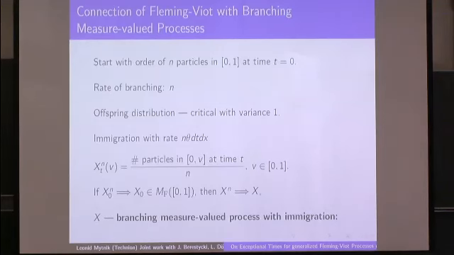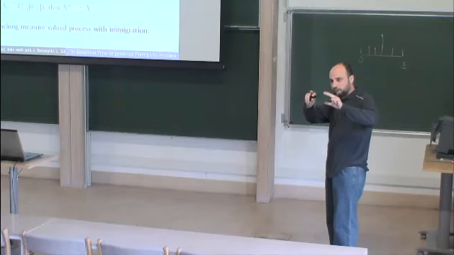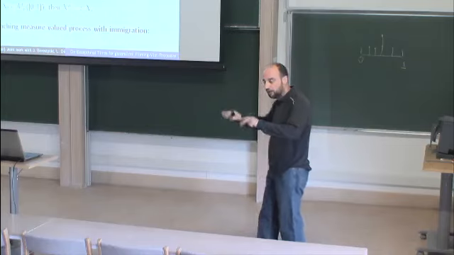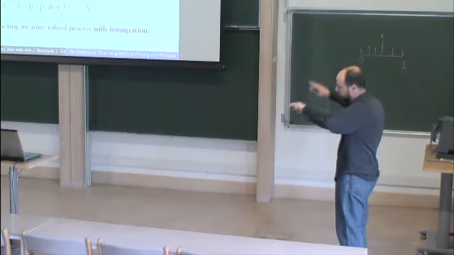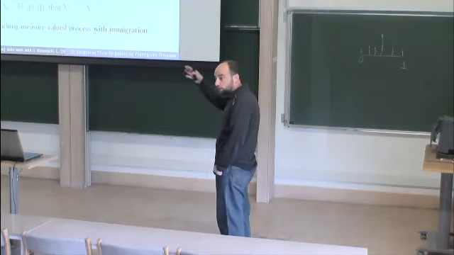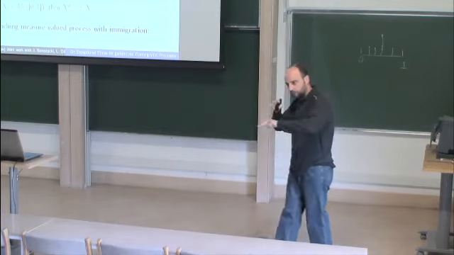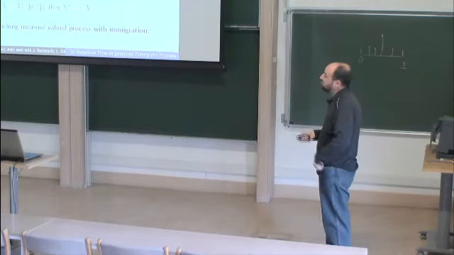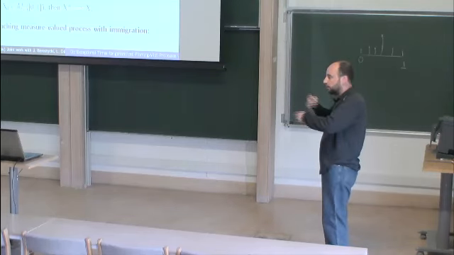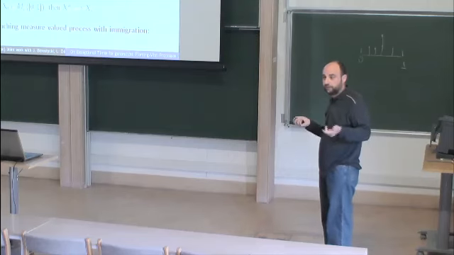What does it mean? Measure-valued process. First of all, we talk about two Fleming-Viot: one which is the continuous one, which is the first one, and a generalized one. And the same for branching process. These two big types. So this one is an approximation connected to the first one, which says, let's start from many particles, and before we had this resampling, and here we have just birth and death events.